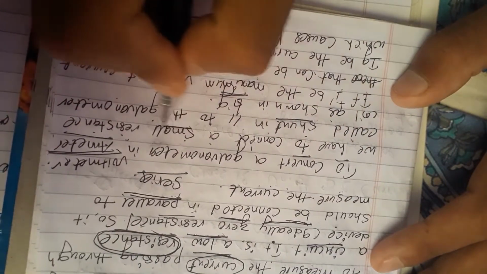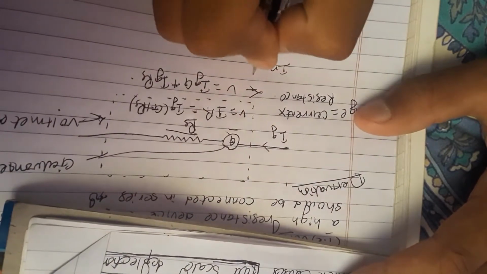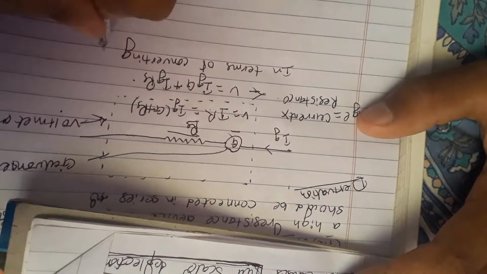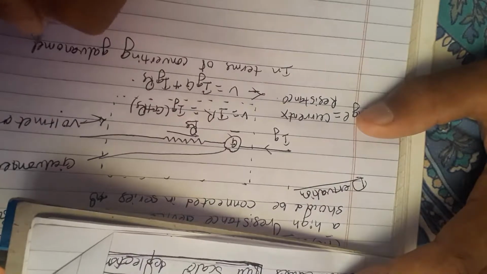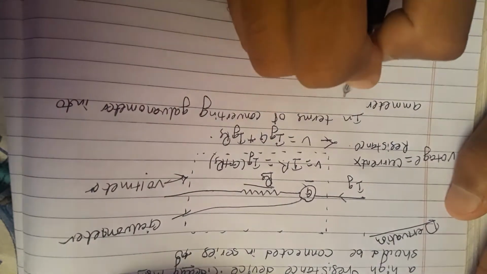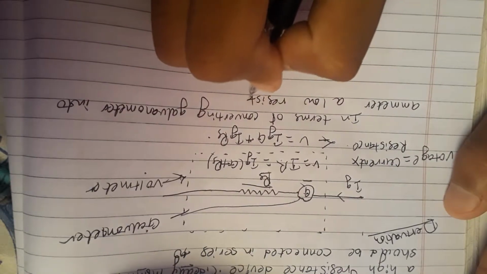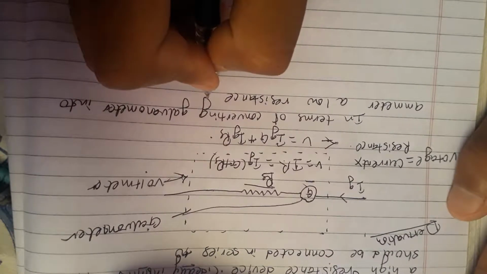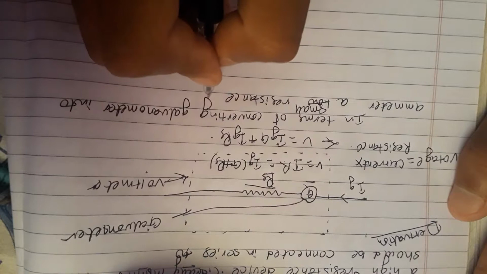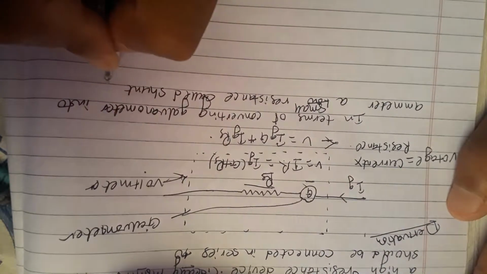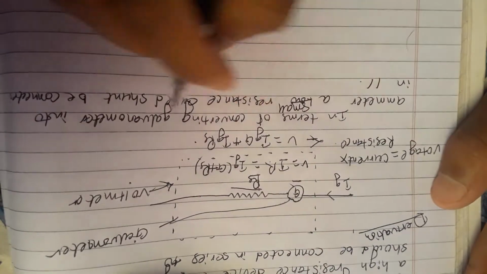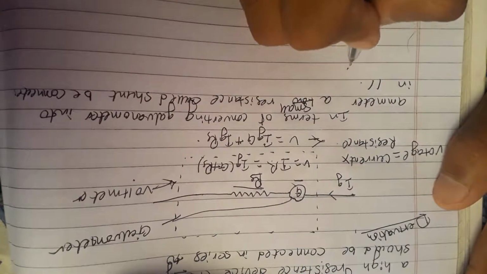You have to remember, in terms of converting a galvanometer into an ammeter, we connect a low resistance, a small resistance called a shunt, in parallel. Okay, in terms of converting a galvanometer into a voltmeter,